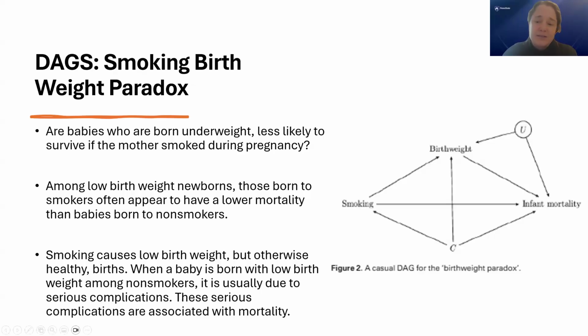So that's why we can see in the data that among people with low birth weight who had mothers that smoked, they're less likely to experience infant mortality than those who didn't. It's truly just kind of a trick that can occur in data sets when you're selecting on a collider variable. So we need to be careful not to select on these kind of collider variables, and to really understand our research question and what could be affecting causation within our study.